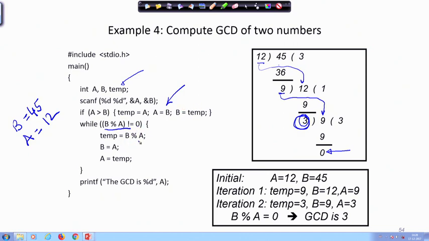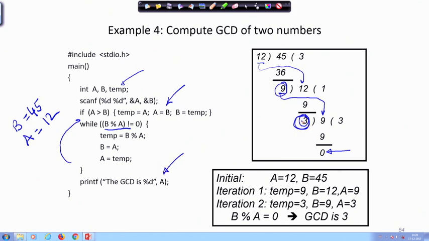So, then I take this remainder 9 and again make that to be B. So, now B becomes 9 and A becomes the temp, which was this number, and I go on dividing this and I go on carrying out this loop till this becomes 0. As soon as this becomes 0, then I have got my GCD stored in A.